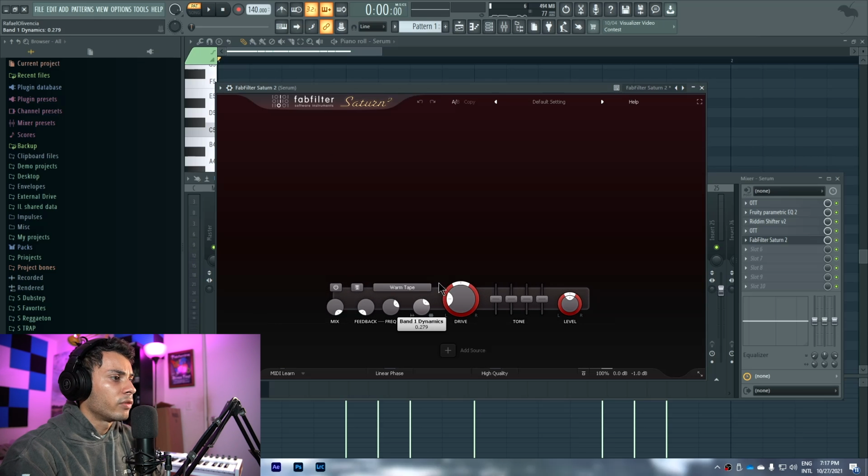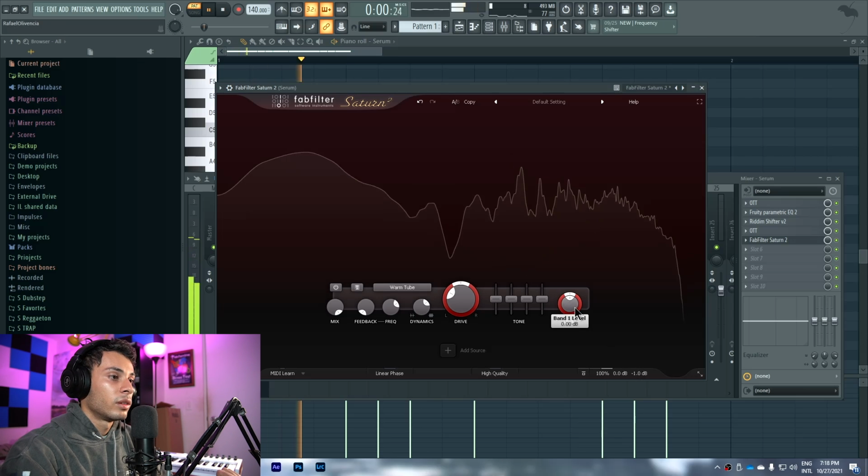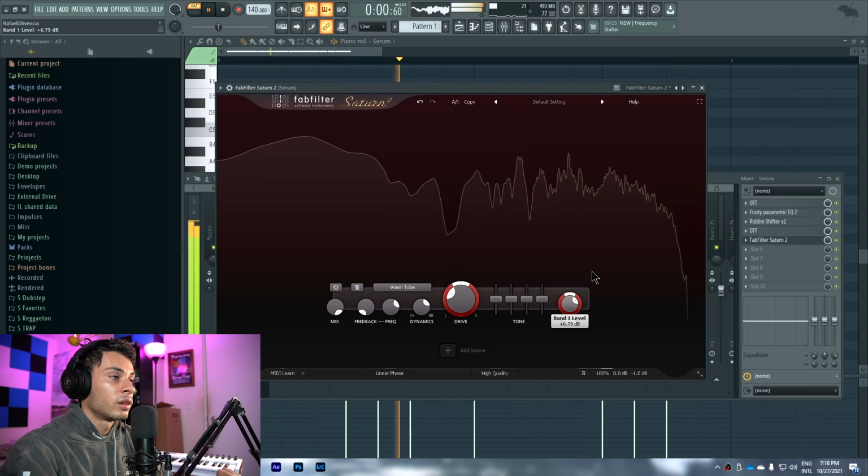I really like Saturn for saturating. Just increase a little bit the dynamics so it's more sausage, more distorted. Crank up that drive. Have it to a nice little warm saturation method. Tape saturation is a really nice method of saturating. I'm gonna use tube in this example, but